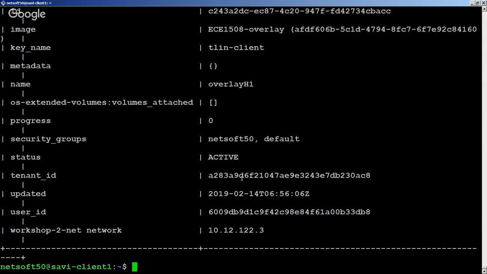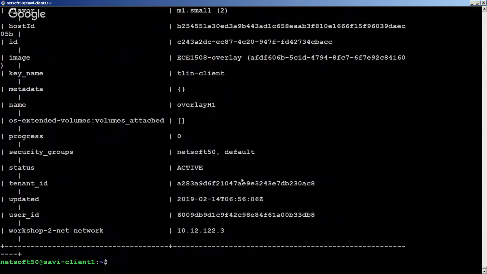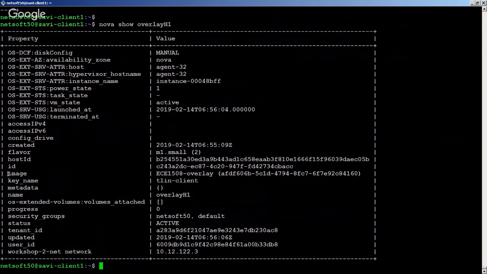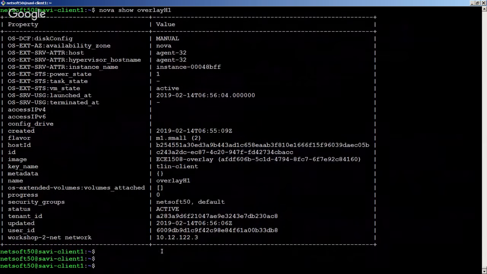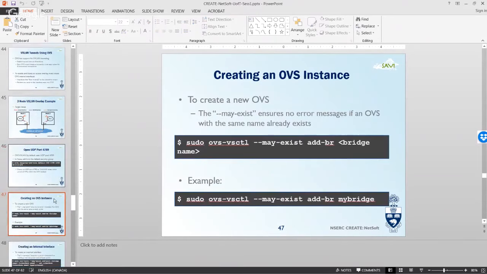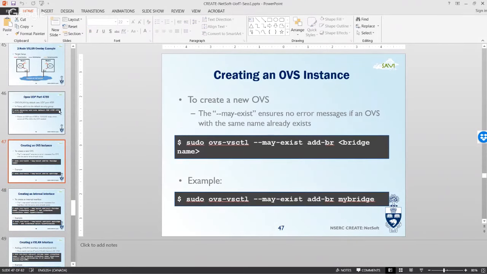So let me shrink this a little bit. You can see that the image uses the ECE 1508-overlay image, and in my security groups, I have NetSoft 50, so that UDP port 4789 should already be open. So if I come back here, the first thing that we have to do is,